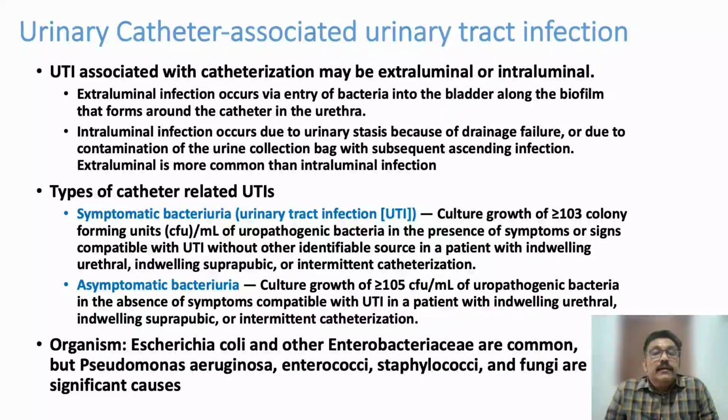Now, when we are treating a lot of patients who have diabetes, immunocompromised status, prostatic enlargement, or other structural deformity, many times we will have to put the patient on a urinary catheter. You can see many patients on urinary catheter can develop urinary tract infection. Sometimes they are symptomatic, sometimes they are asymptomatic. But we have to always look for symptoms. Patient can have fever, chills, rigor, hypotension, shock. Sometimes they are asymptomatic.